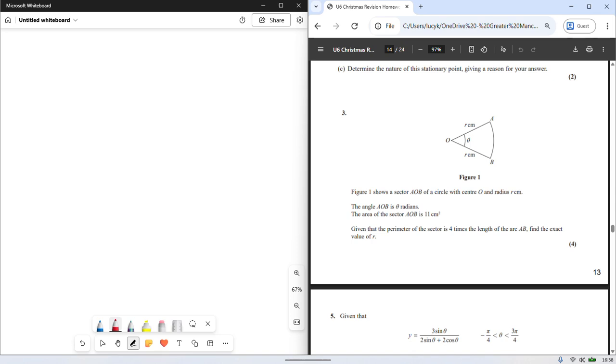So we have a sector of a circle there, arc AB. We know the area of the sector is 11 centimeters squared, and we know the perimeter is 4 times the length of arc AB. So let's first of all think about what we could work out the area and the perimeter of that to be. So A, the area of my sector, I know is just pi r squared, the area of my circle, multiplied by the angle over the